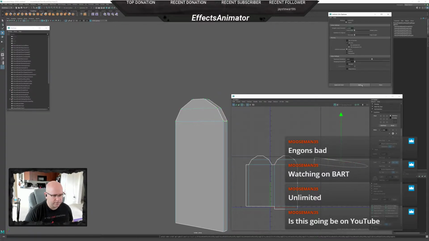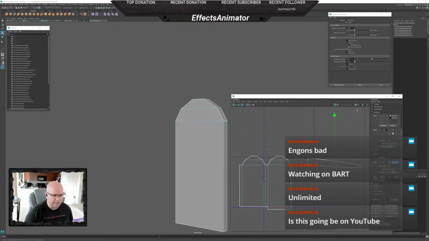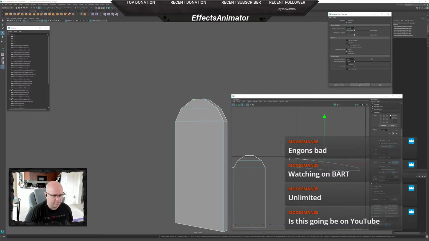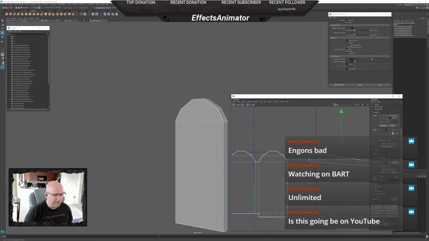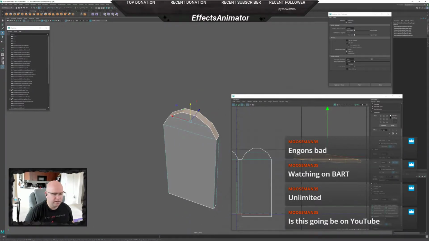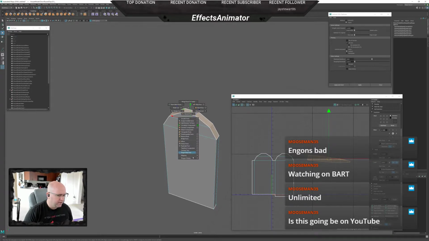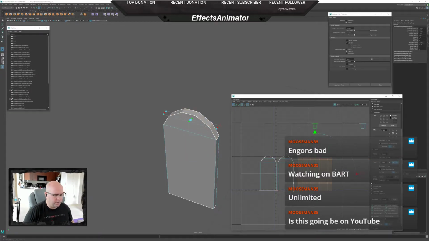And let me unfold this. It's not happy the way it is, so let's try this. Yeah, that's almost better, but okay. So let me just do this. Sometimes what I do, by the way, if this is getting really funky, like it's got this weird tapering going on, which shouldn't be happening, is I'll grab the shell and I'll grab the faces of the shell. I'll just reproject. And again, reprojecting is always an easy way to start fresh with new UVs that don't have any weirdness in them. So I just projected on the Y, which is of course the way it's facing,